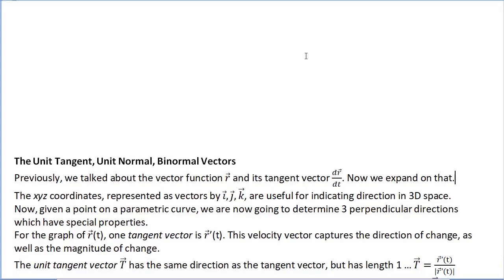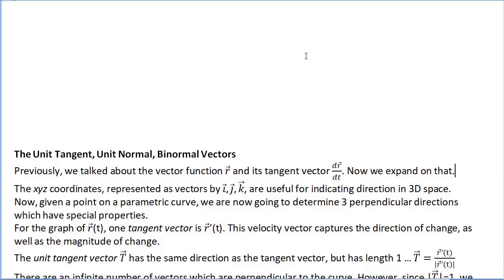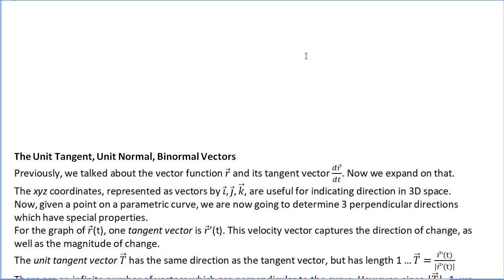So the unit tangent vector, capital T, has the same direction as the tangent vector, but has length 1. It's just defined as the standard derivative vector, r prime of t, divided by its magnitude. So that is a unique way to describe a tangent direction,